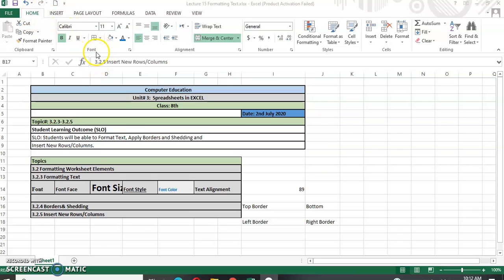Here you can see all the options: font size, font face, font styles, font colors, fill color and font color, and the increase and decrease font size options. Then comes the description in detail of the borders and shading options present in the font group of the Home tab.